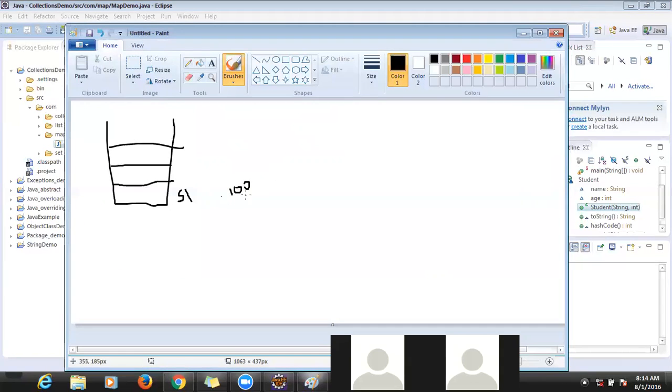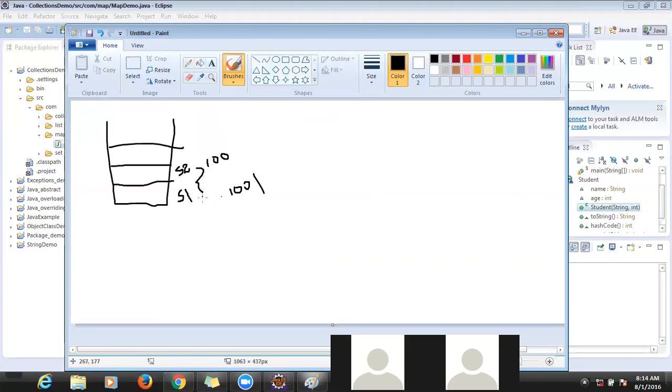So just assume for student 1 the hash code is 100. Whenever you add the second student object, it will compare with the existing student object's hash code. Say student 2 also has the same hash code, 100.